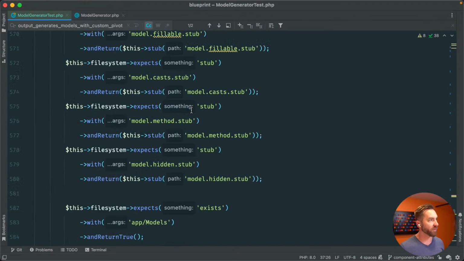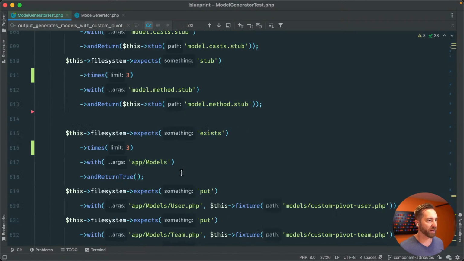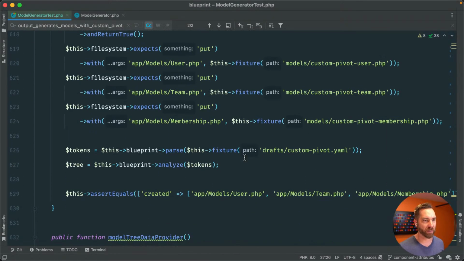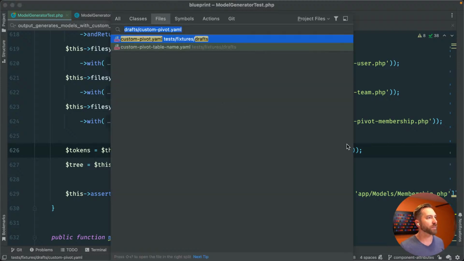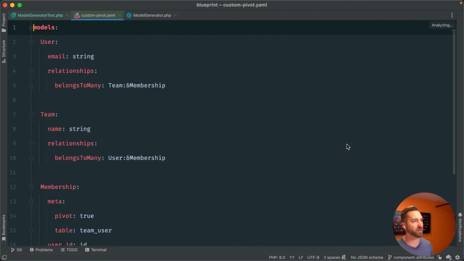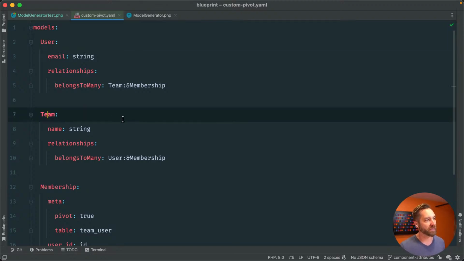I'm gonna find that, and let me bring up the draft file for this, so this custom pivot YAML. If we take a look at this custom pivot YAML, basically what we're doing here is we've introduced a few new things to Blueprint. Now again, none of this is merged yet, but this will be the new stuff. So if you think of a user and a team, if you wanted an intermediate model for your custom pivot table, if you will,